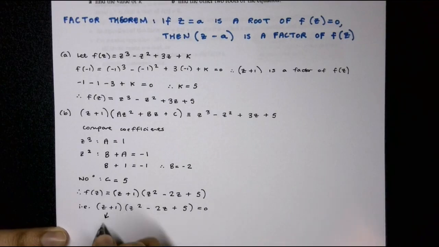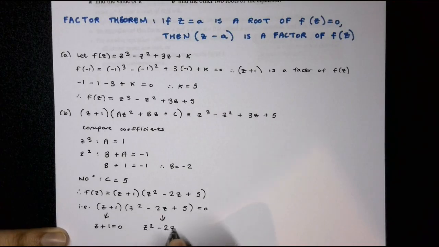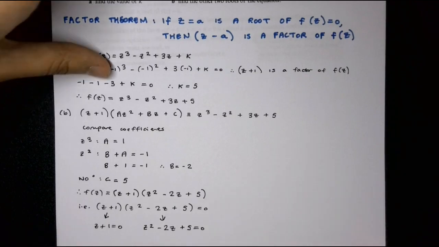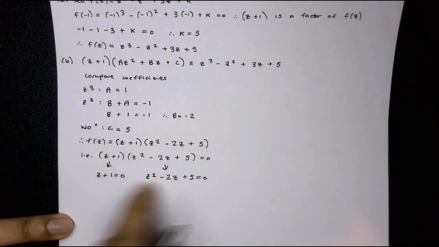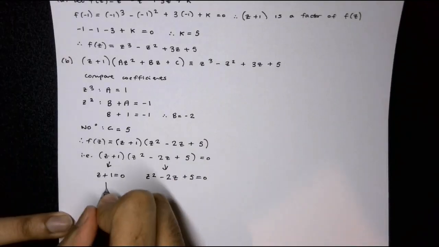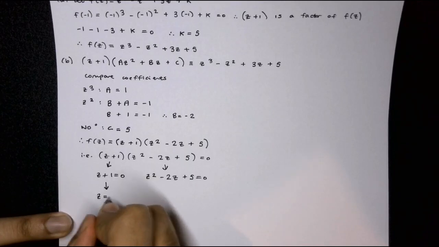You can see here the first bracket is either equal to 0 or the second bracket is equal to 0. So we have z plus 1 equals 0, or we have z squared minus 2z plus 5 equals 0. If we solve this equation, here you can see z is equal to minus 1,